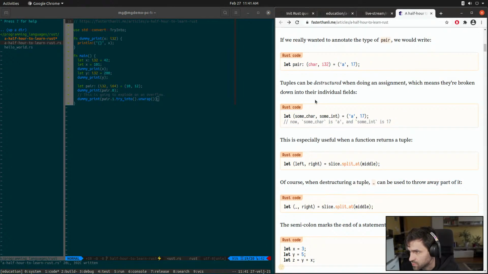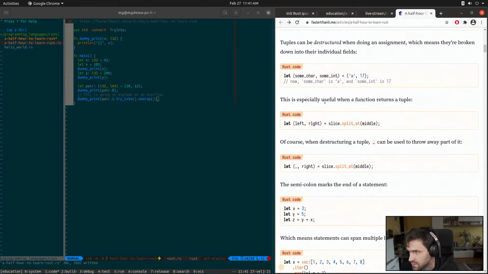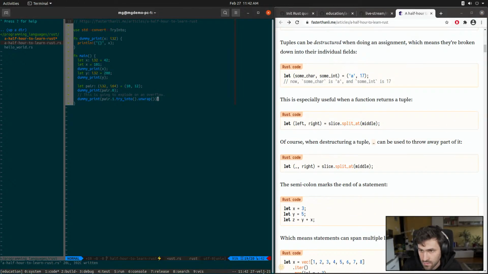Tuples can be deconstructed when doing an assignment, which means they are broken down into their individual fields. That's the same as in Python. So let a, b equal to pair. This should work. And then if I print a and b,